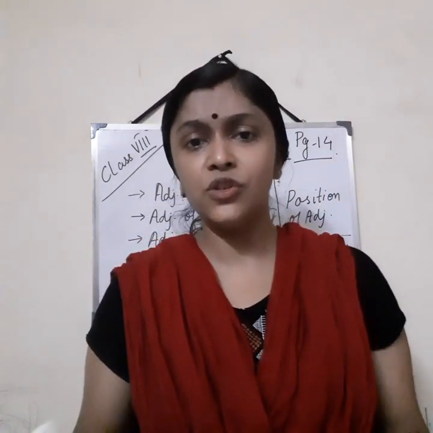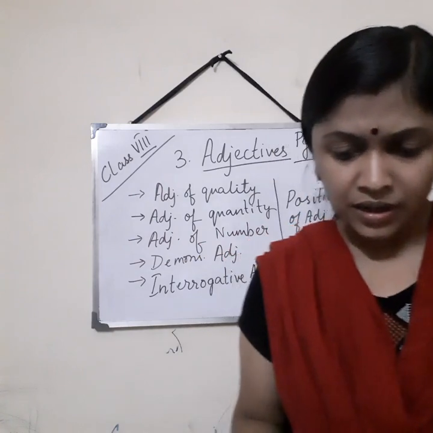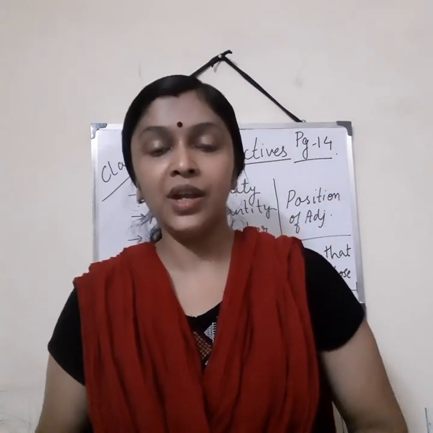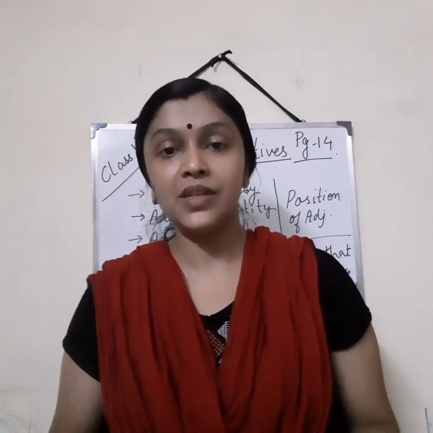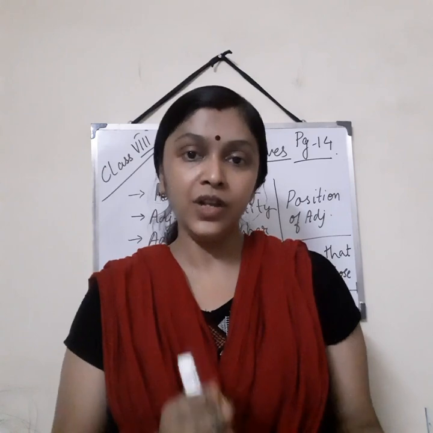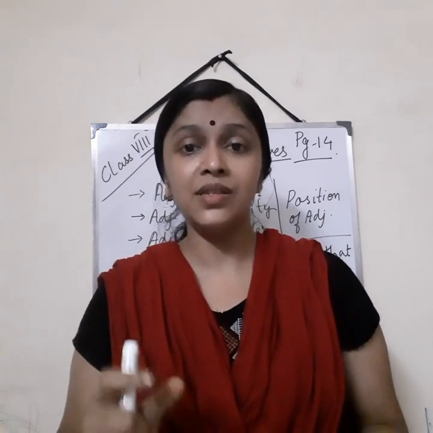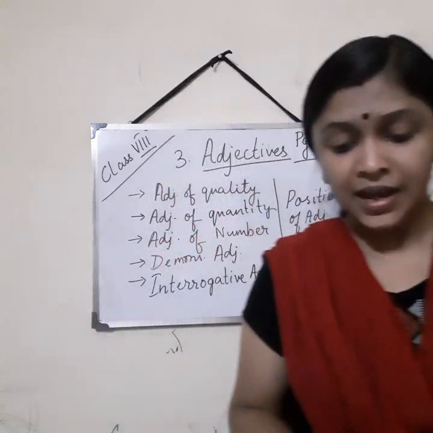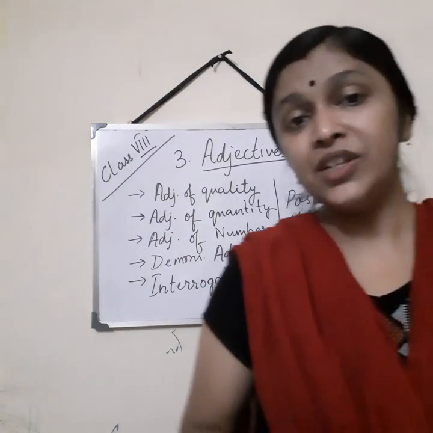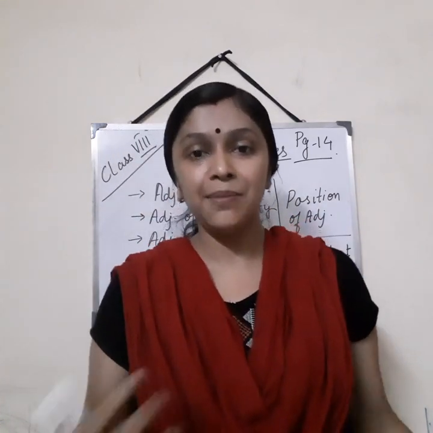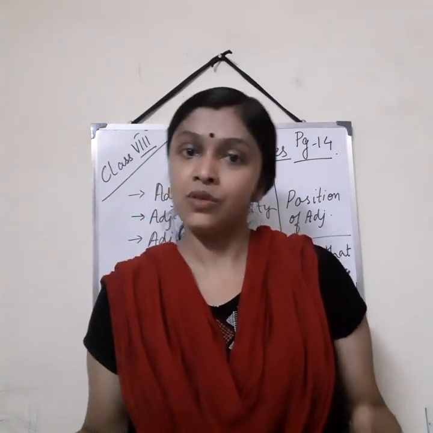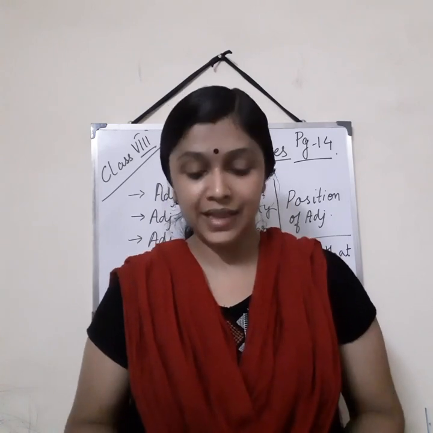Next is interrogative adjective, which is used for asking questions, like what, whose, which. Which girl is talking in the class, like that. So it has to be placed in front of a noun. That is the difference, else the words are mostly the same as the interrogative pronoun. Then there are possessive adjectives. Look at your book. A possessive adjective shows possession of some kind, like my pen, our house. My, our, like that.